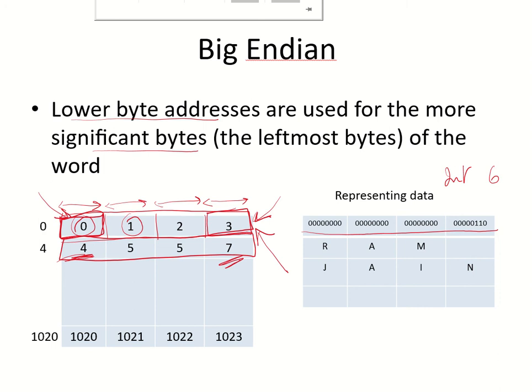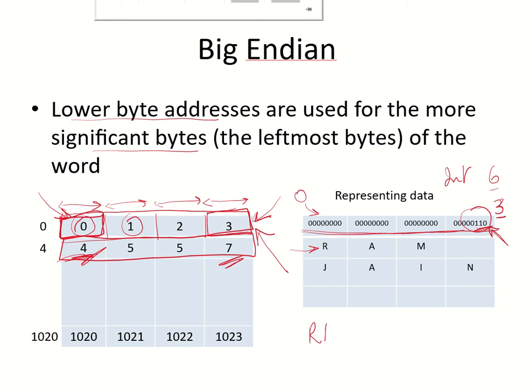As you can see, this is 110, and all the upper bits are zeros. This is at address 3 if it is at word 0, or if it is at any other word, this least significant byte would have the higher address, and this is the address 0. If I have to store characters after this, I will again start from the lower address, which is 4.